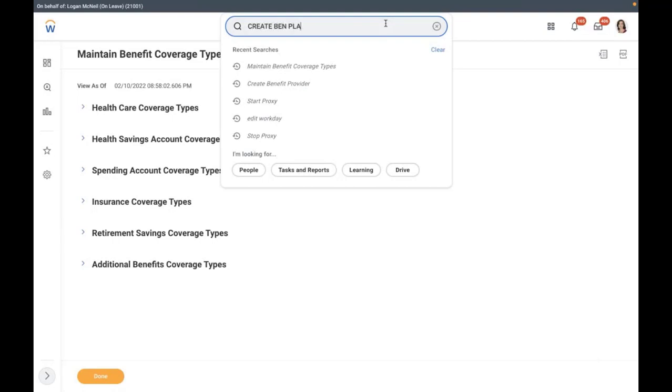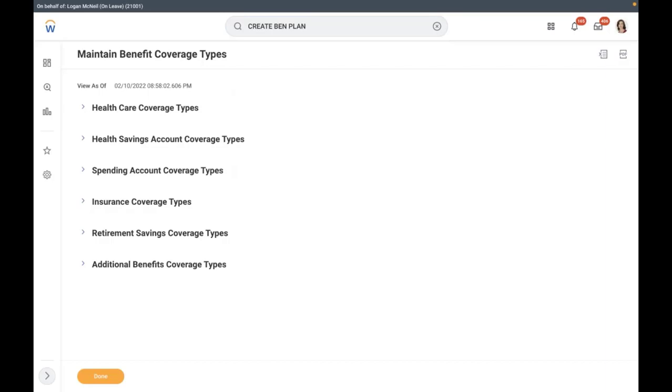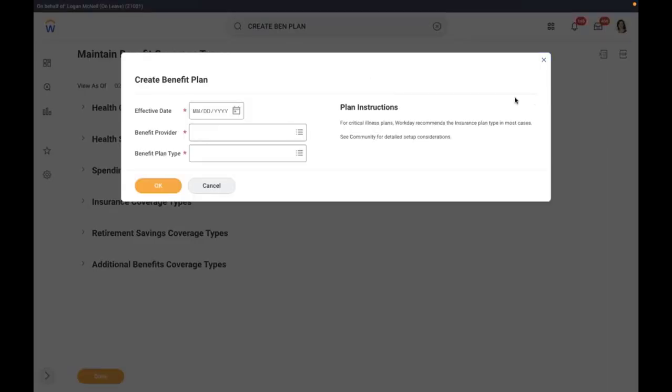It's a date-effective benefit plan. Effective date is from when you want this benefit plan to be active in the system. By default, we always select 1/1/1900, if you want to maintain historical data, like when people are migrating from PeopleSoft or Oracle and you want to maintain the historical data, I request you go with